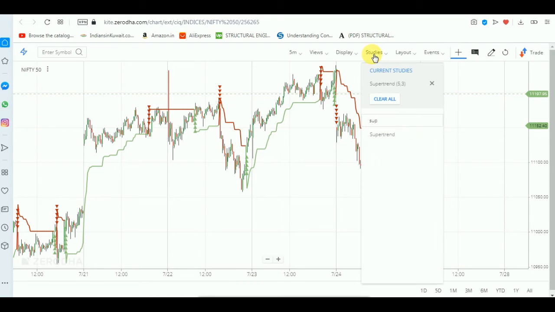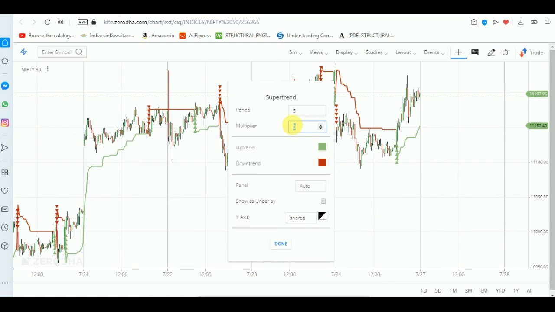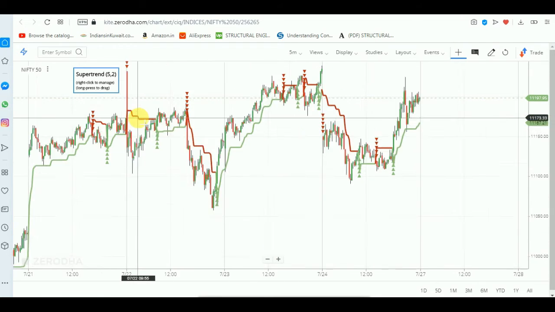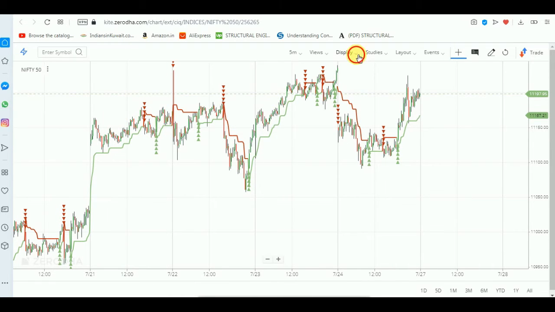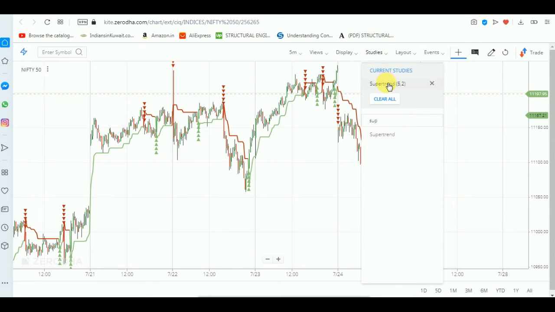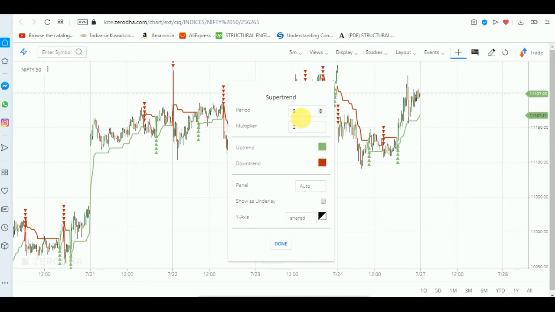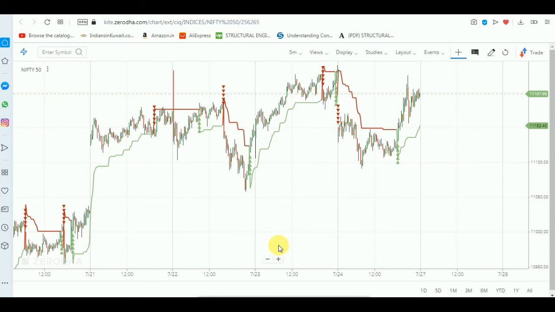If I go further down, what will happen? Let us see. So 5 and multiplier 2. Again you can see a small red is also appearing here. Earlier it was not there. So if the small movement needs to be captured, I think a 5 period and 3 multiplier will be helpful. It purely depends on the trader's experience, belief and knowledge, right? So this is what it is all about, the Super Trend.